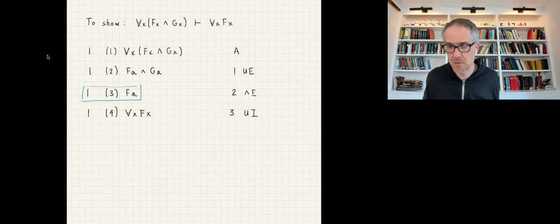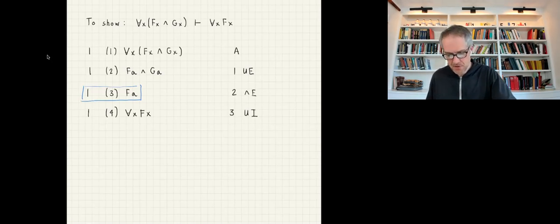This rule looks far too libertarian, because it looks like from line 3 I can just throw on for all X, replace the A with X, copy down the dependency number and say universal introduction. However, there's a restriction here. The restriction, which I have obeyed, is that what I just did on line 4 is only permitted if